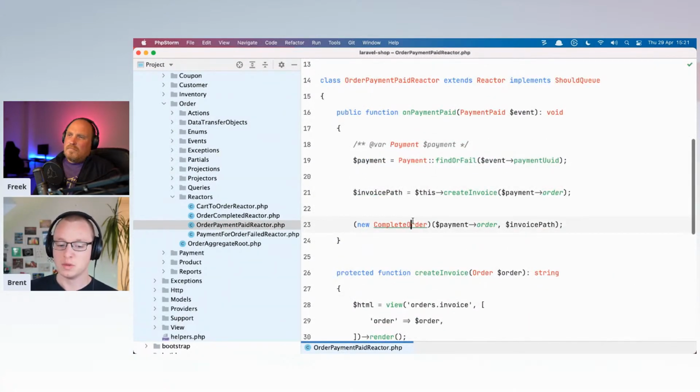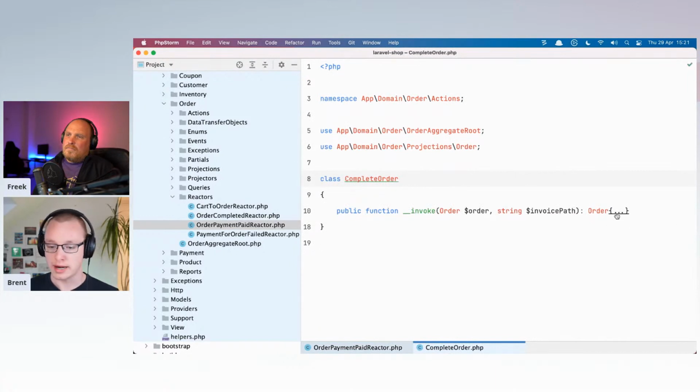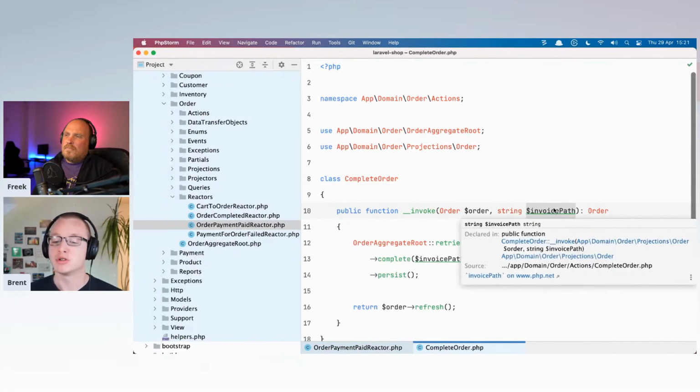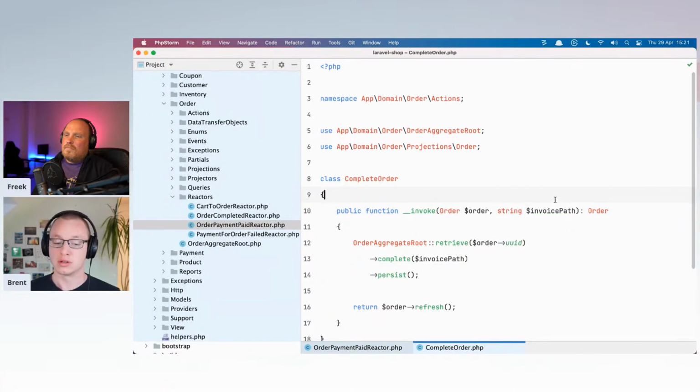But once it's created, we call the complete order action and we give it the path to the invoice, which means the invoice PDF itself isn't stored as an event. That would be rather bad for database performance. But we store the invoice path and the file exists on disk.